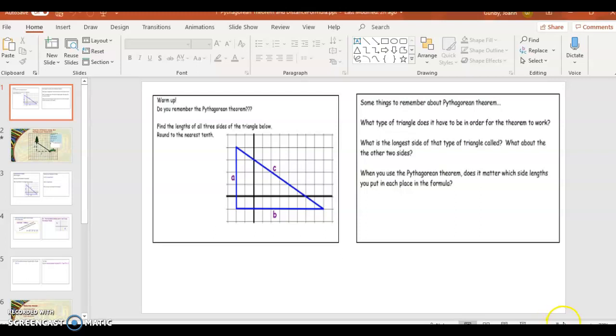Okay guys, today we are going to get started on our Unit 1, and we are going to start with remembering our Pythagorean theorem and applying it to distance on the coordinate plane. All right, so let's start here. If we are thinking about Pythagorean theorem,